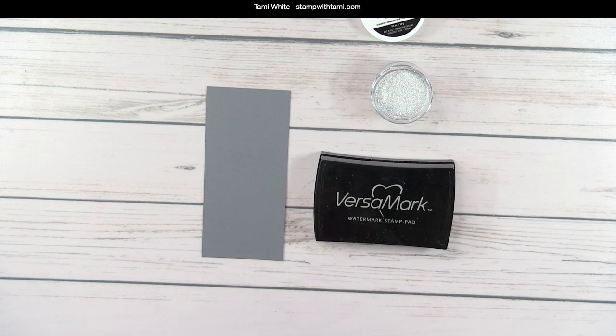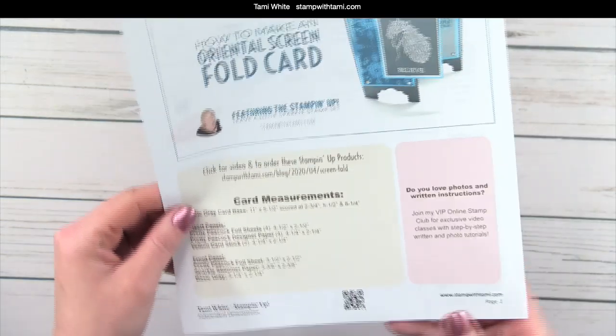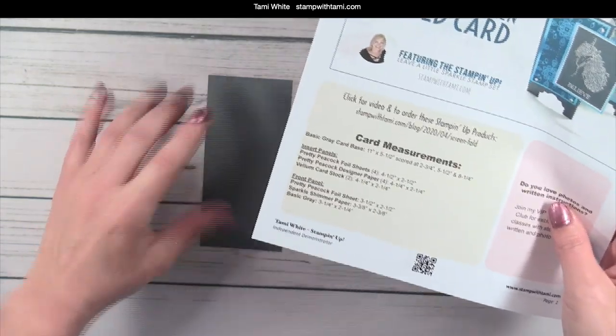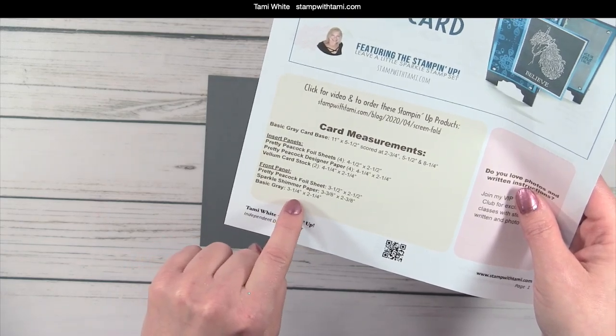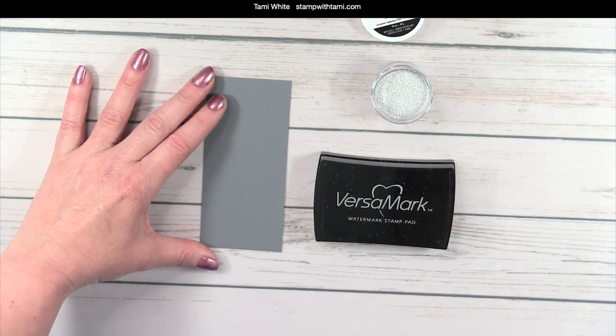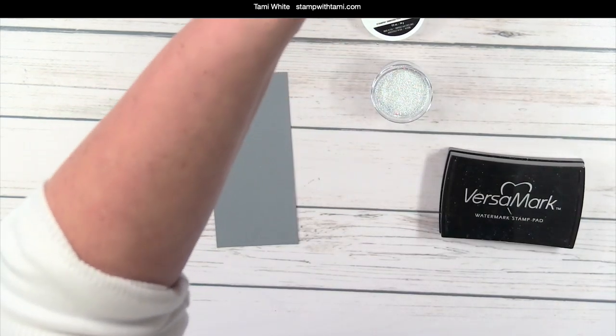And so what I did here is, I put the cuts for the entire card here, and this panel right here is the front panel, the basic gray, and I have the cuts for it here, but I would recommend leaving it a little bit longer than the cuts and then cutting it down after you do your embossing, and I'll show you why. If you cut it first,